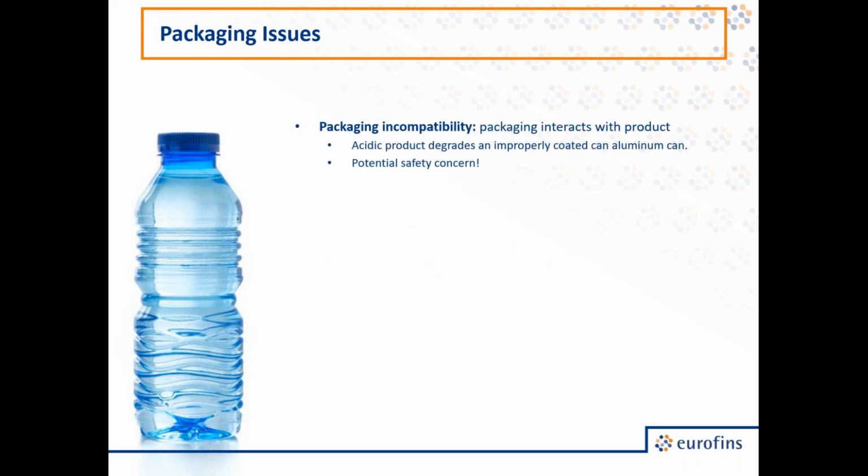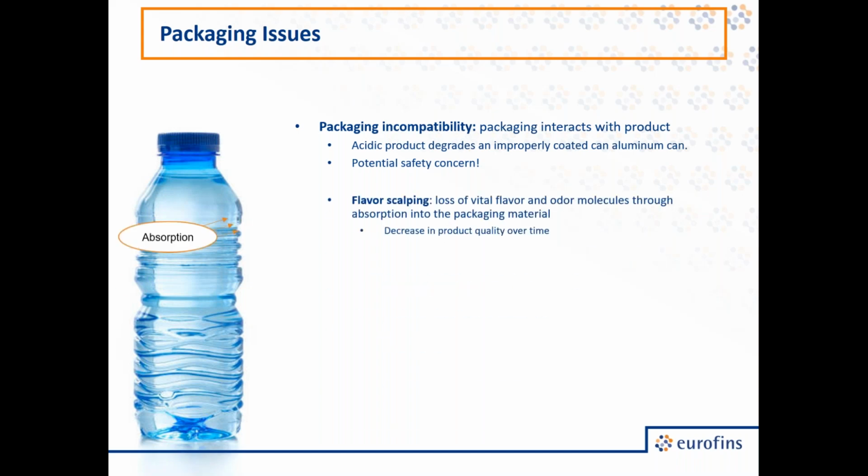The first of these is packaging incompatibility, where you have selected a packaging material for your product that isn't appropriate. This can include using packaging that reacts with the product or using a non-food grade material. And packaging incompatibilities can lead to flavor scalping. And in flavor scalping, components from the product are absorbed into the packaging material. And this can lead to a loss of flavor and odor compounds over time, resulting in a decrease in product